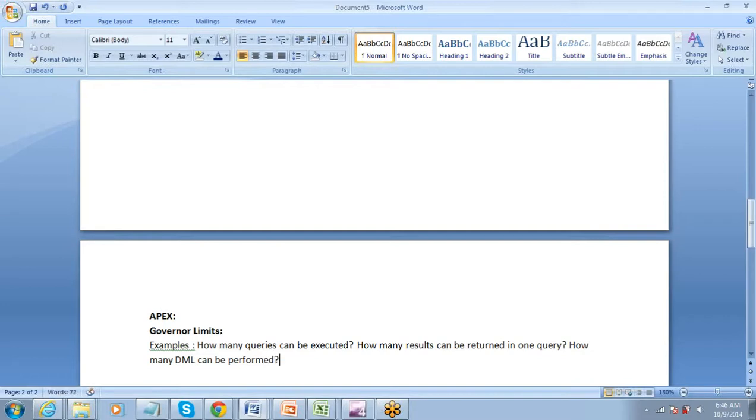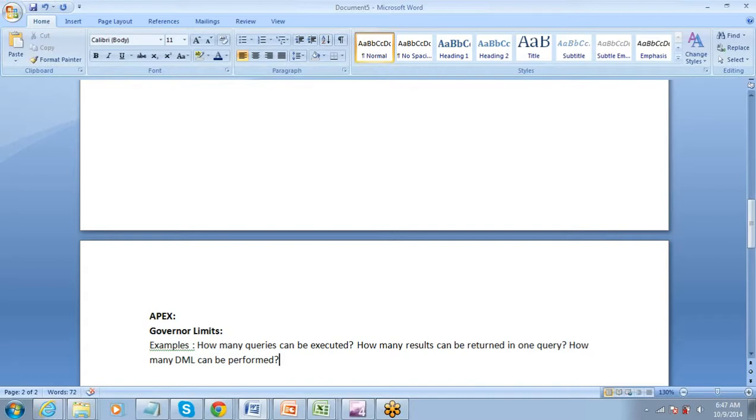So how many times can you do an update operation? If you run code which keeps on just doing an update, people who have done some sort of programming might have come across a situation where your program gets into a loop and does not exit, right? So that sort of thing.